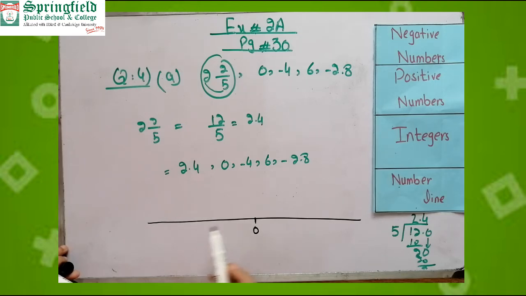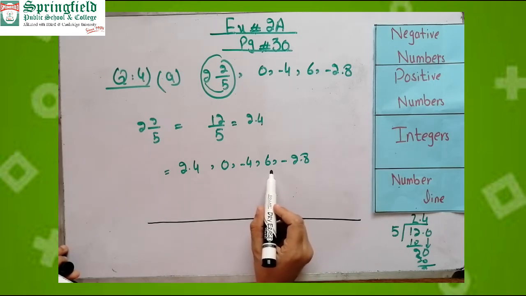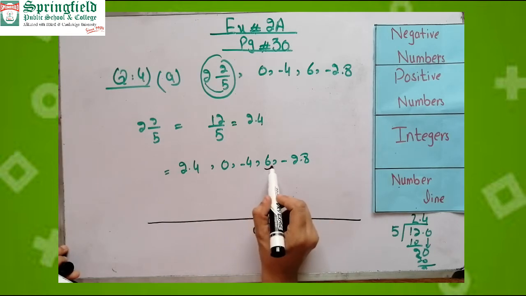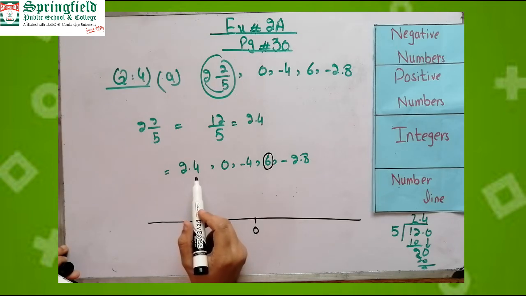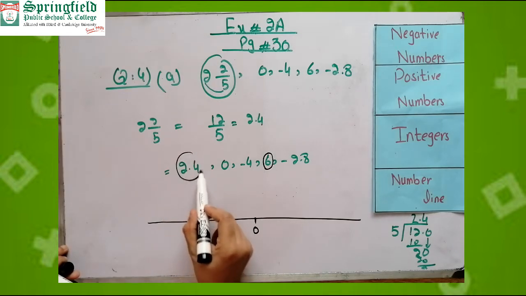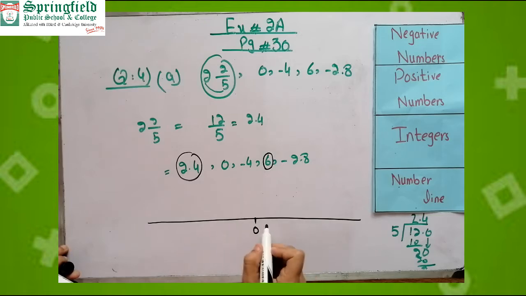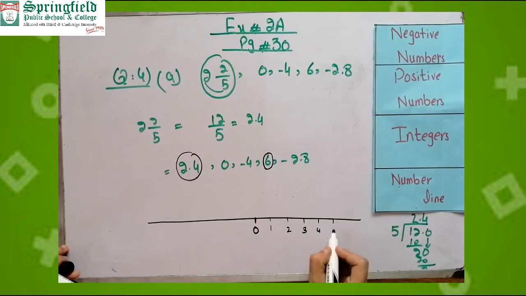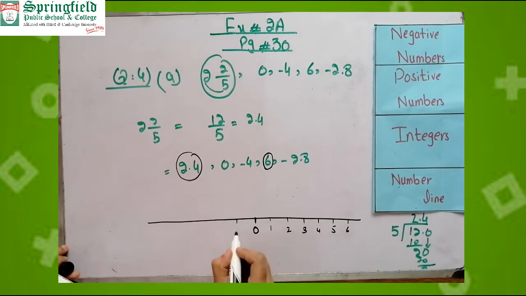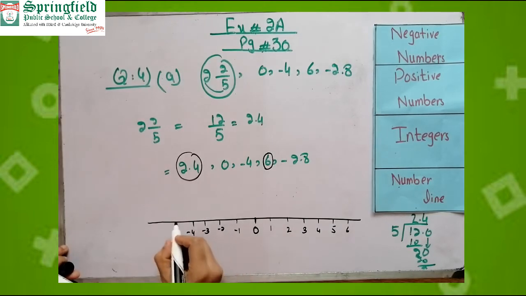Okay, first choose the positive numbers. 6 is a positive number, and 2.4 is a positive number. So 6 is the higher number. First we will make the number line 3, 4, 5 and 6, then minus 1, minus 2, minus 3, minus 4, minus 5 and minus 6 and so on. Fine. Now, 0,